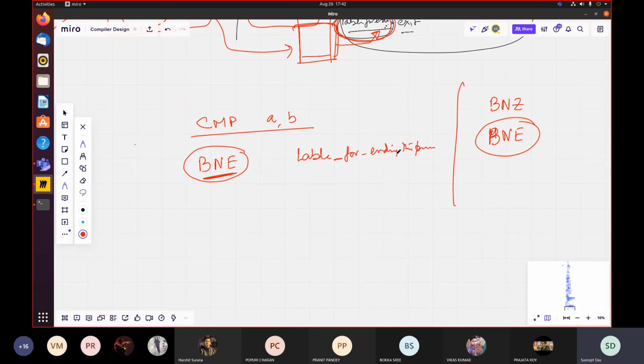Right? I'm just writing this. Now I define this label for ending the program. And then I call the appropriate counterpart of exiting the program. Let it be capital EXIT, right? And then if